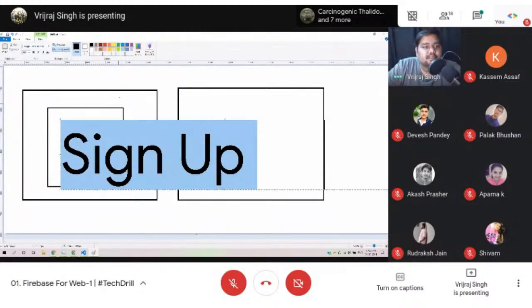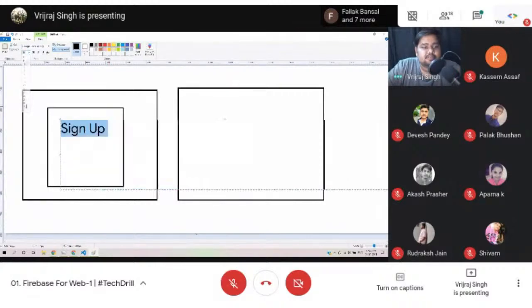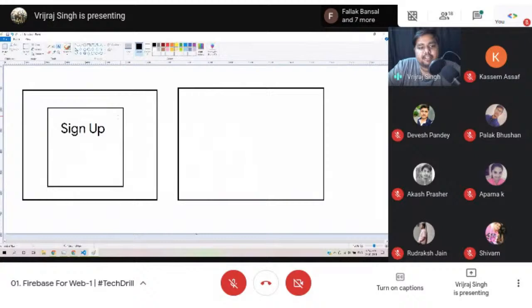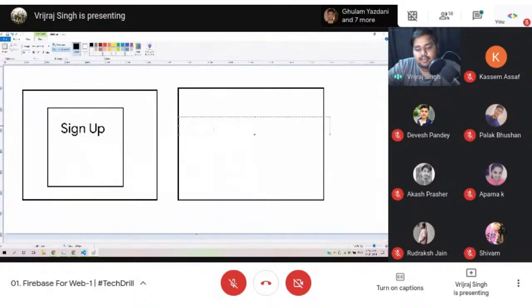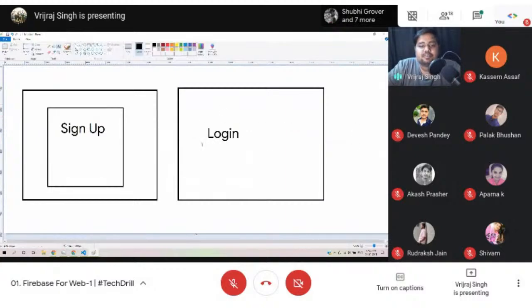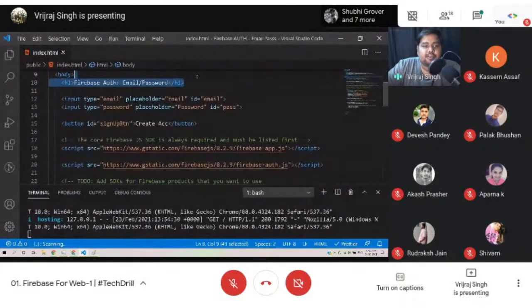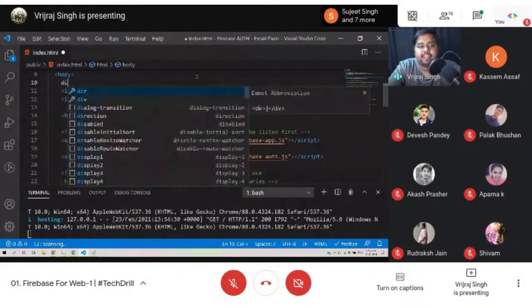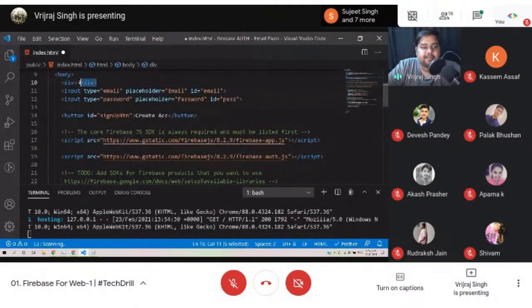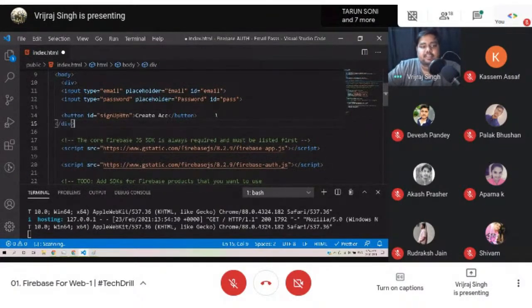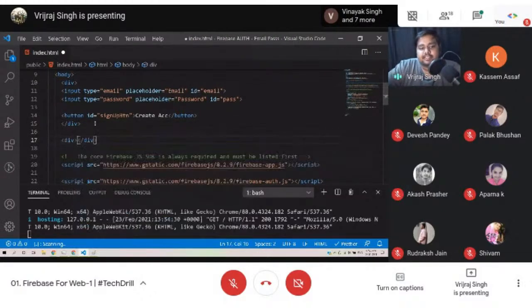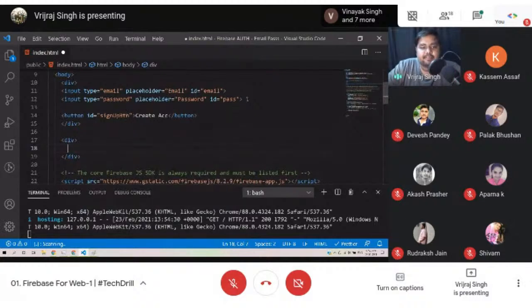Sign up. So here maybe you can change the font size to this one is for the sign up, and this second div is for the login. Okay, so here what I'll do, I will create a div element, and inside this div element I will close this here. This one is for the sign up, and again this is another div element, and here we will take the same value like this one,